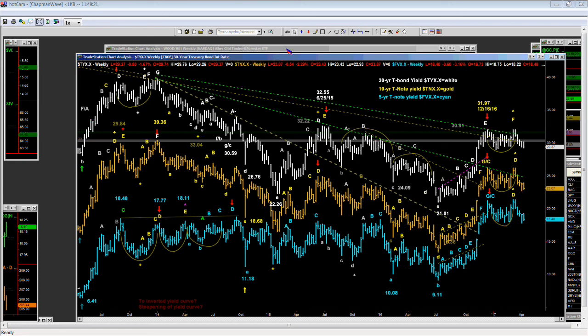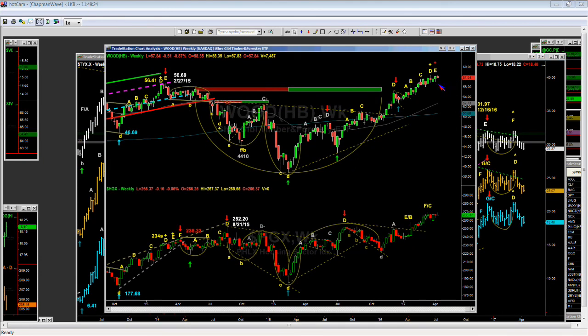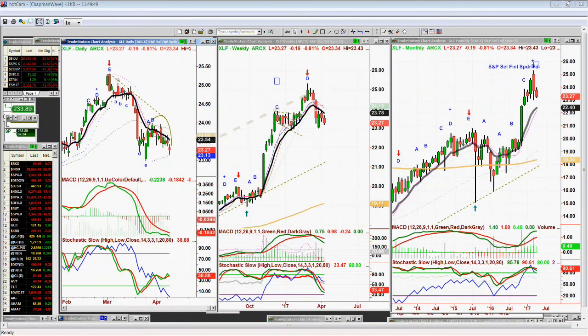So now look, you've got a peak, a leg E in WOOD, the iShares Global Timber and Forestry ETF, down 0.51 today. There's that leg E, but you failed to make a D or a G in the weekly chart of the HGX, the Philadelphia housing sector. This is a very important moment all around. I wanted to emphasize that. So now what I wanted to do is to go to the next question, which was